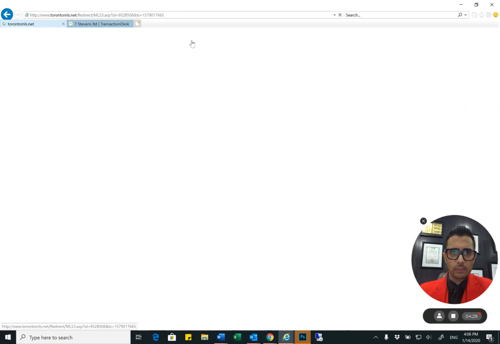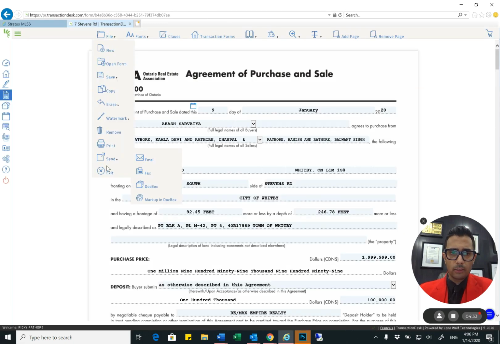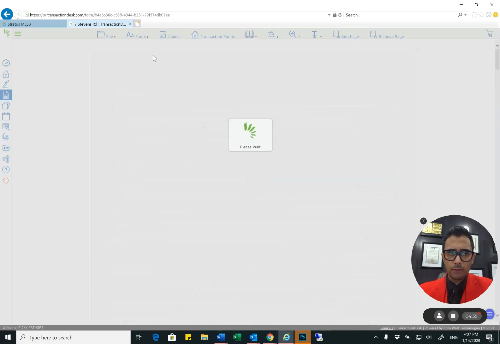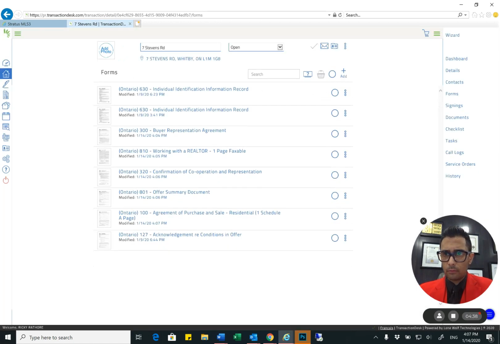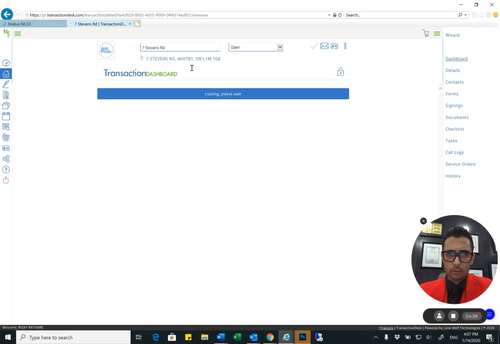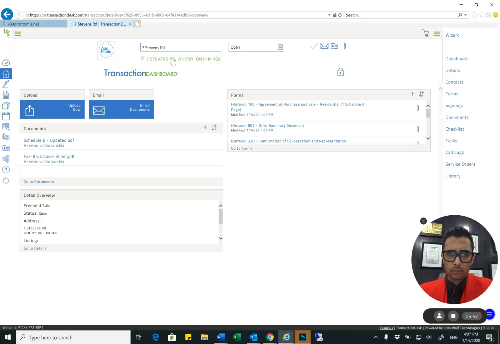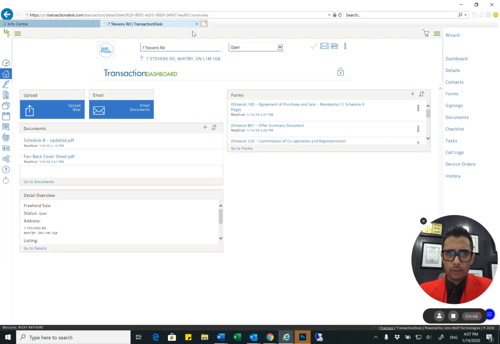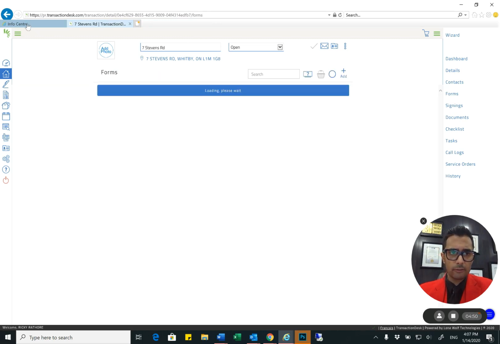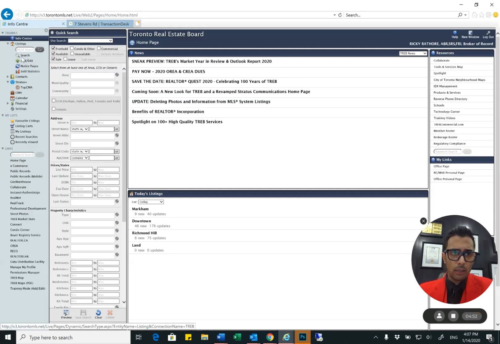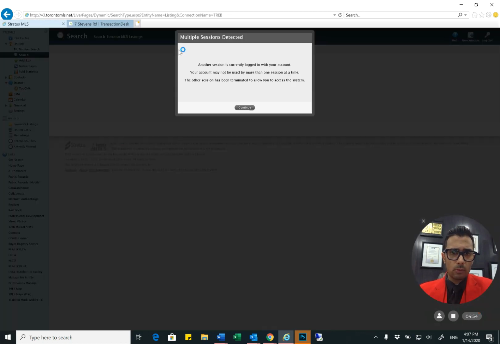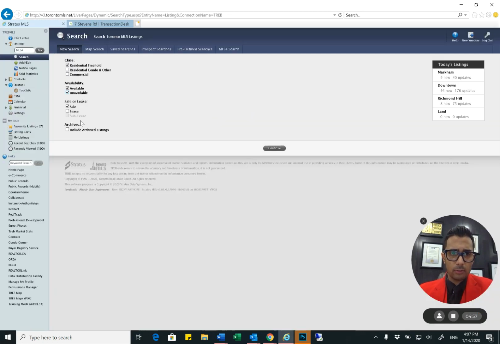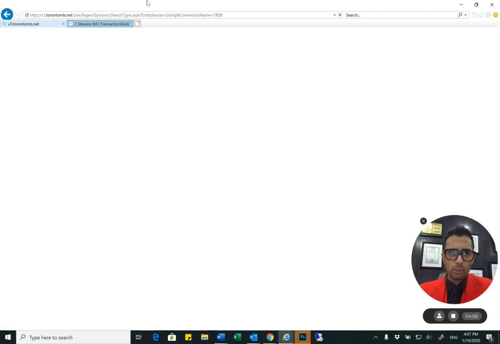So while that loads, click on search properties. And I'll quickly exit here because in the docket, normally we'll be using the wizard, and in the wizard we'll have the MLS number. Now that may not be the case because this is an old listing of mine. This is in fact my home. So I will go in, quickly pull it up, and I'll tell you exactly what you need to look out for when you are